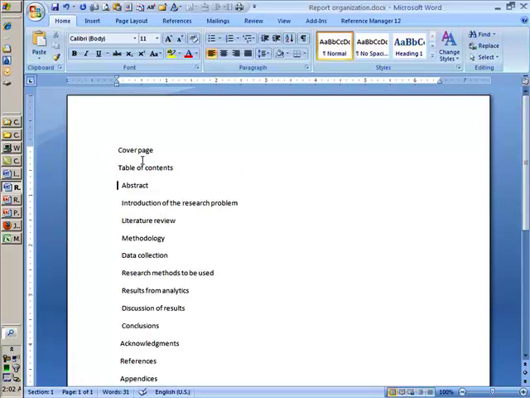The documentation of research is a very important step, and there are shortcuts that you can use to streamline your work better. And the word processors that are available today can really make your life very easy. And I will take a few minutes to illustrate how you can actually do effective documentation